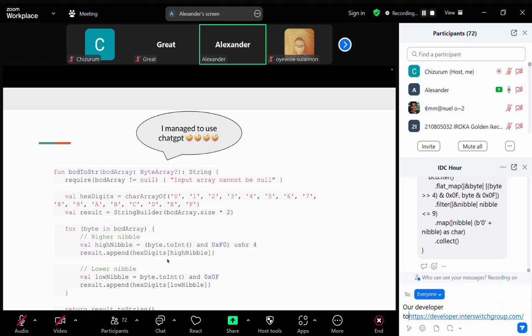I'm trying to see if I can explain very fast. Just hold on for me, please. It converts it to binary. When it converts it to binary, it masks it with F0. So F0 will give you 11110000. And then what that masking will do, because masking is actually an AND, it will now give you